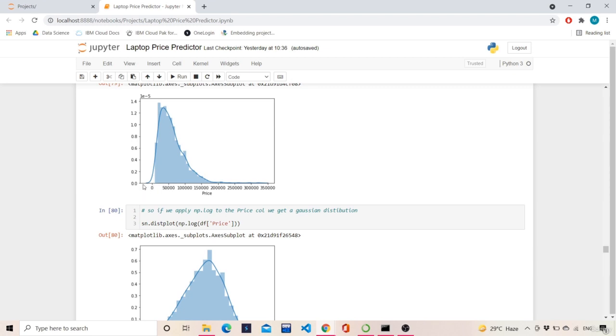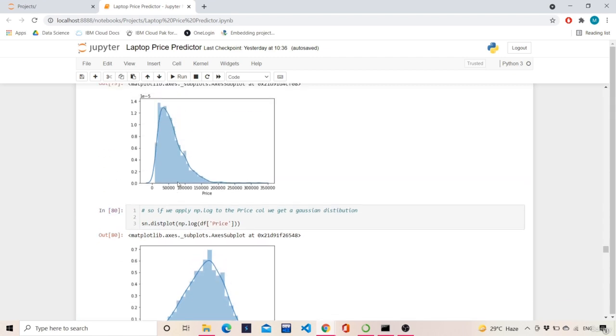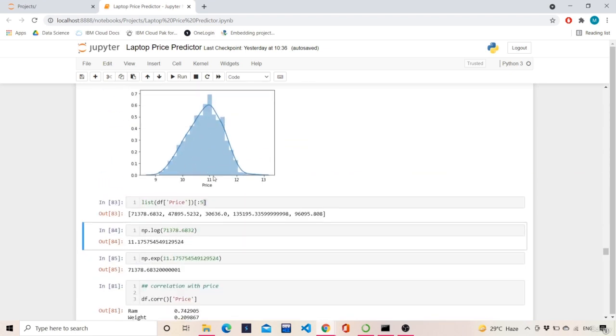And we can see that if I want to sample, I cannot sample. Or in another analogy, you can think that 71,378 is somewhere around here, but this may get me into issues. So on the safer side, I want a centrally skewed distribution. So I converted this into log, and I picked up 11.175 from the central domain, so that the probability of me getting a good prediction is higher.